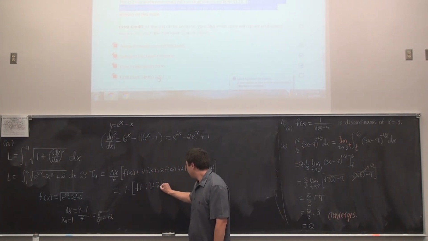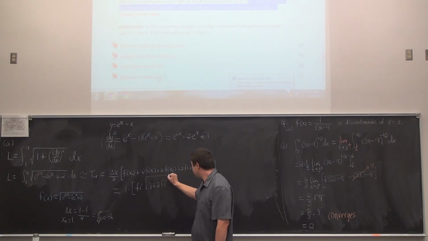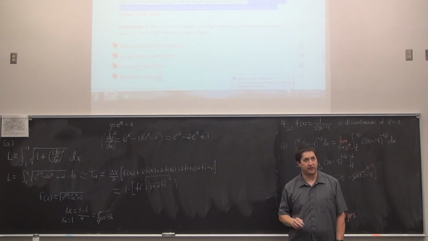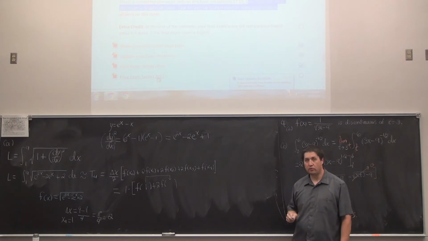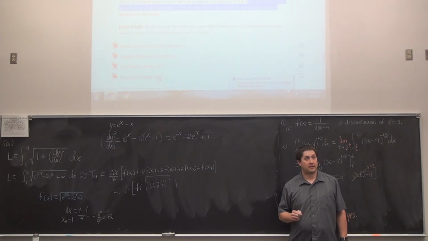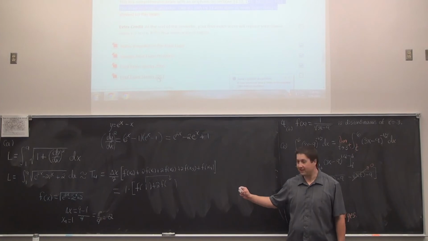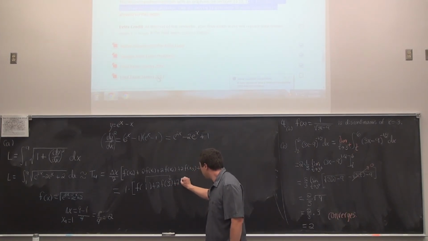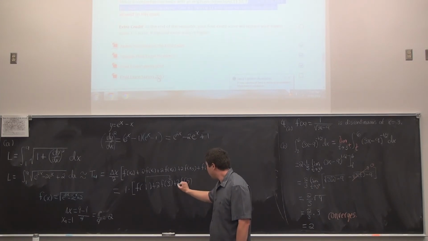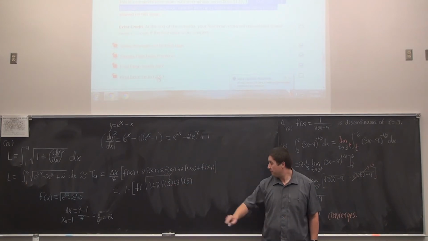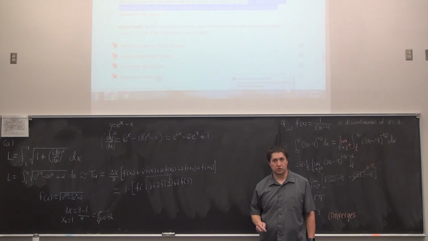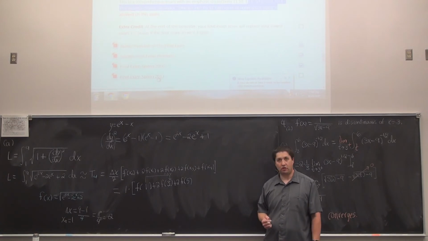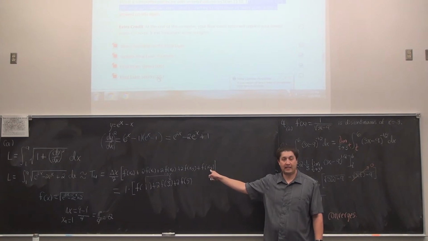Then it's plus 2 f at, and what was the trick to get to the very next input to the function? It would see what the next evaluation should be. 3. Yeah, it would be 3 altogether. Thanks. So we would have 2 f at 3 plus 2 f at 5, and all we're ever doing is adding a delta x to get to every last value. So as soon as we knew the starting point was 1, delta x was 2, just add 2 all the way down the line. And there is a check here because we had better end at f at 9.